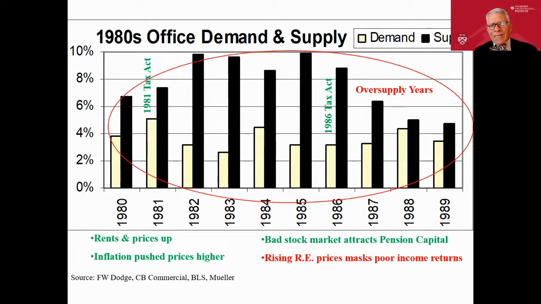But actually, the real incredible thing on this graph is the employment growth. The employment growth averaged 3.8%, which is about half of the new supply. So we had a whole decade of oversupply and a decline in occupancies. But the average employment growth in the United States was 1.5%. How is it possible that office demand grew at a rate of 3.8? And the answer is that the United States itself went through an economic-based shift.